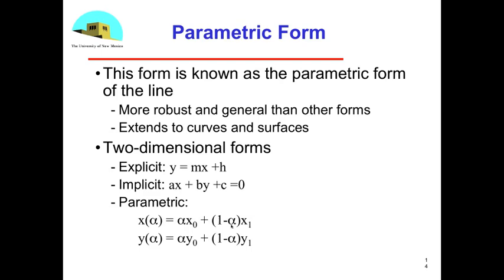If alpha equals 1, then you get x0, y0. That's good. If you let alpha be 0, then you get x1, y1, and so it goes through those points, and in fact it's a line in the direction defined